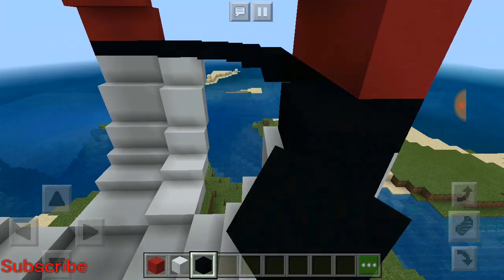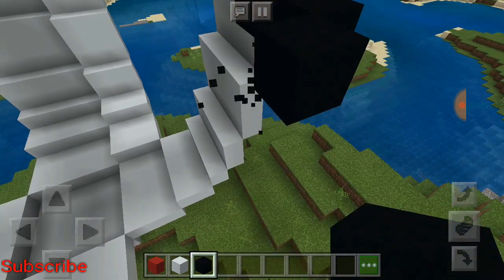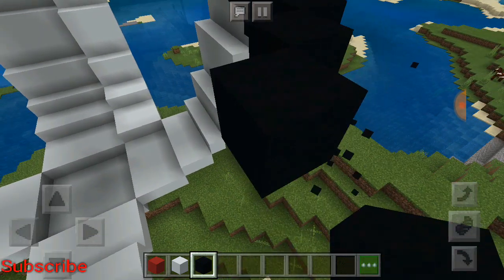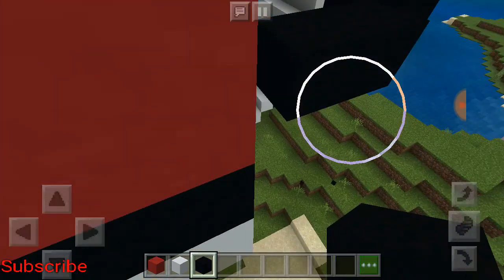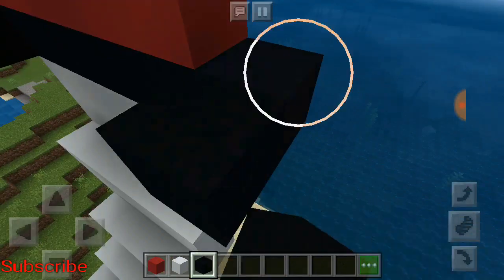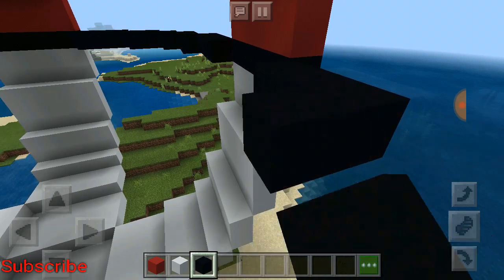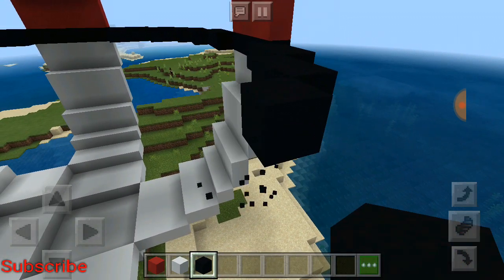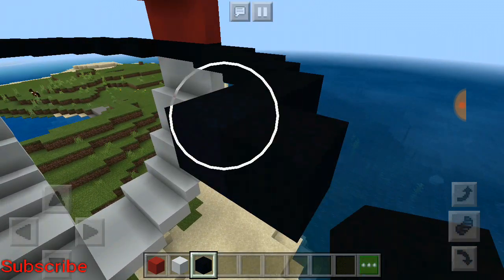And then we need to do the same on this side. We've got 3 coming out, then another 2, then the 1, then come in with the 2, and then come in with the 3 again, and repeat. Don't want to put that there, then the 2, then the 1, then 2, and 3,